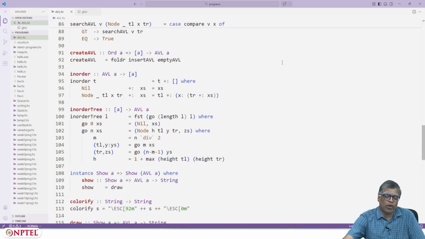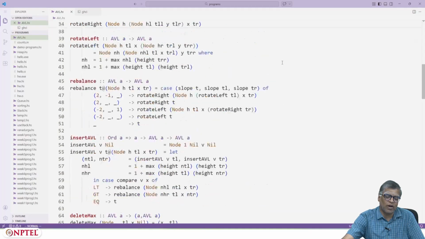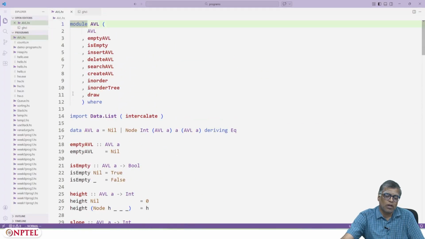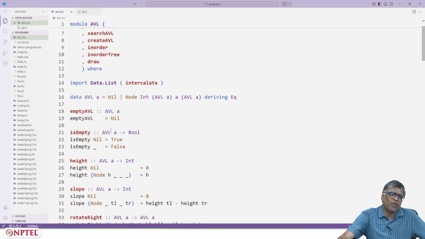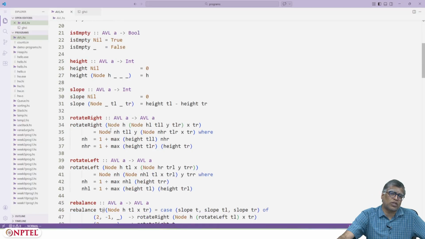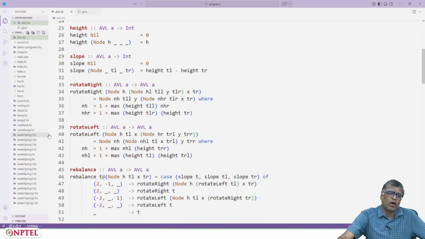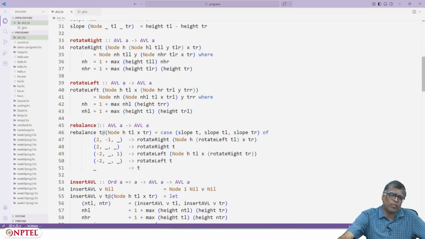So, you can see that I have programmed all these things. I have a module AVL which exports AVL, empty AVL, is empty, insert AVL, delete AVL, search AVL, create AVL, in order tree, etc. And I have empty AVL, is empty, these are all things that we saw already, slope, rotate right, rotate left, rebalance.